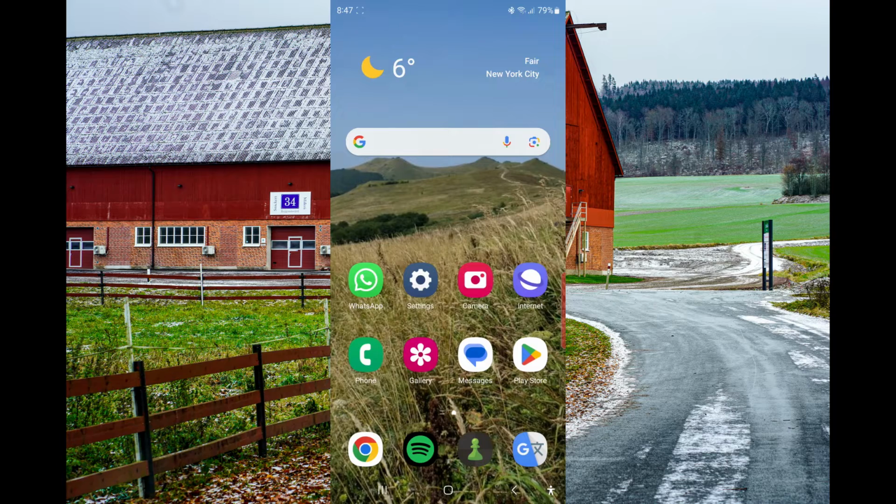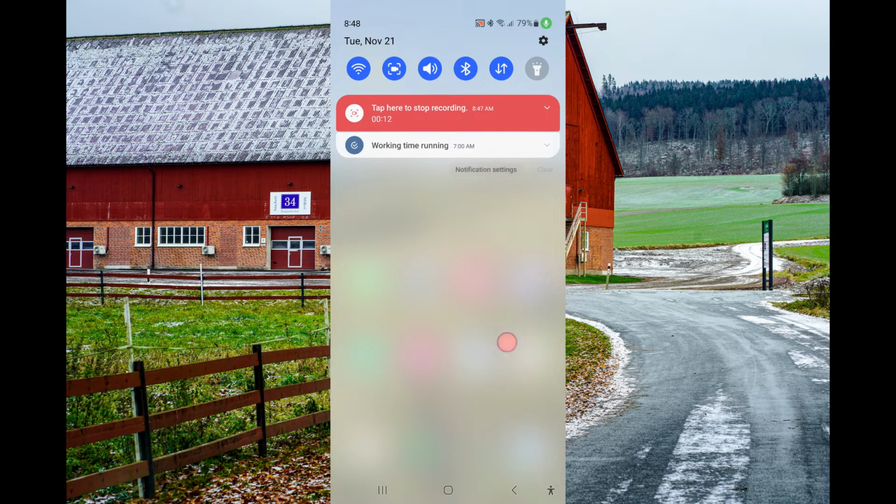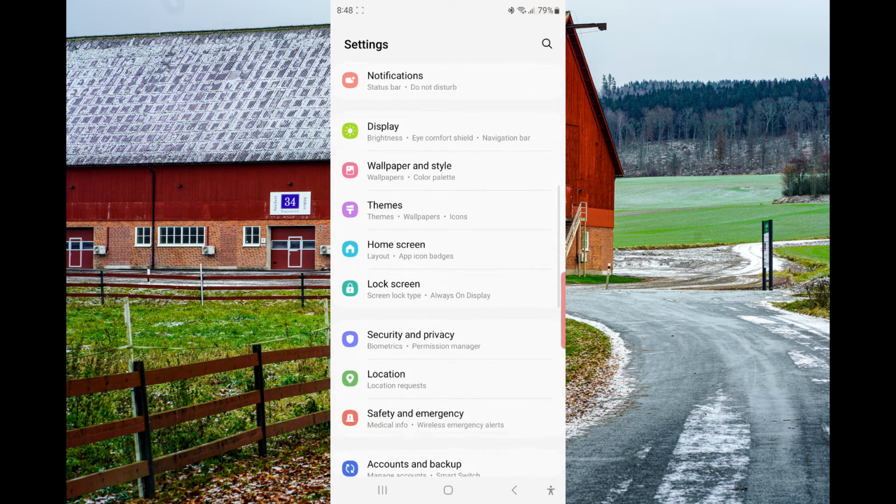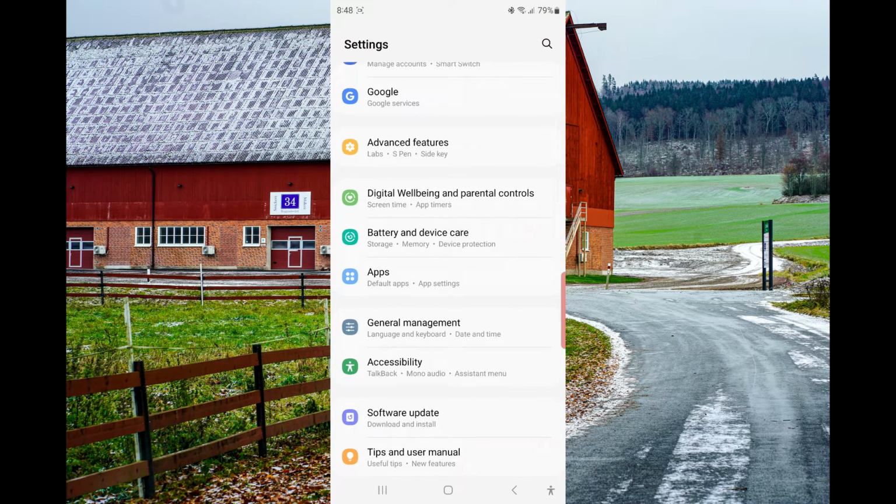To view, add and remove deep sleeping apps in Samsung Galaxy S23 Ultra, swipe down the top of the screen and then tap setting icon. Scroll down the screen to find battery and device care. Tap battery and device care.